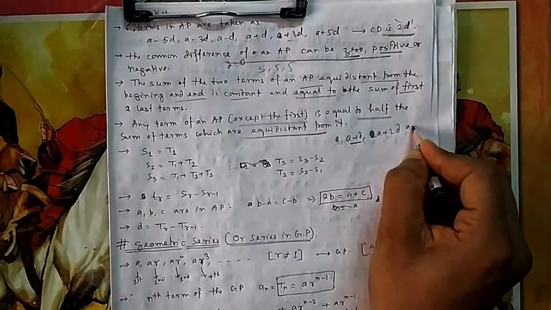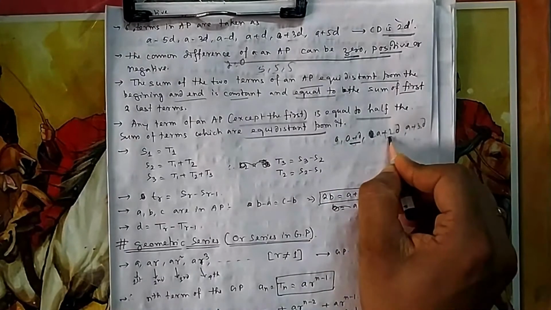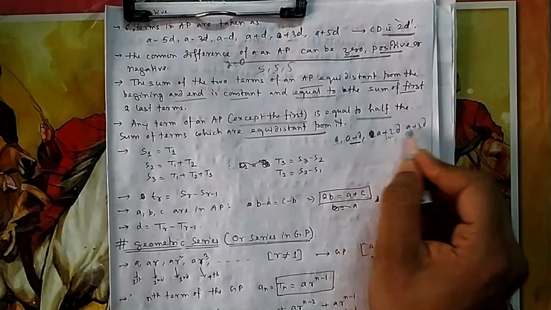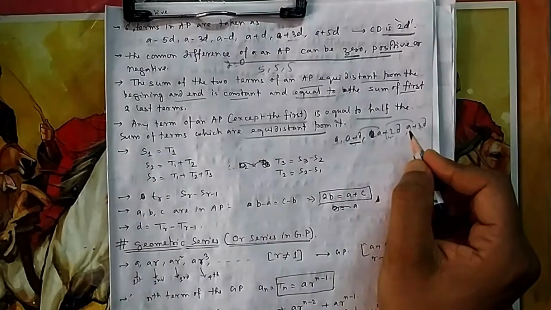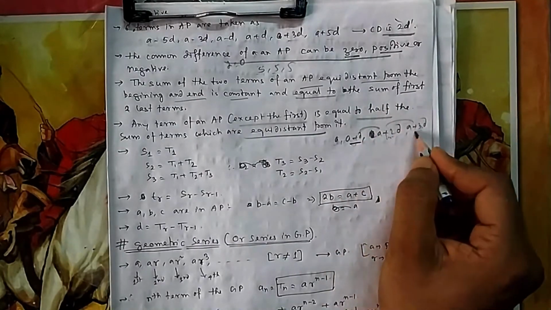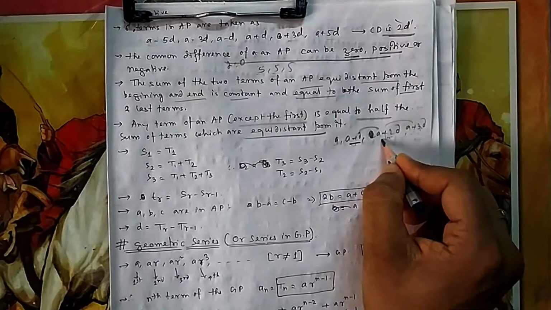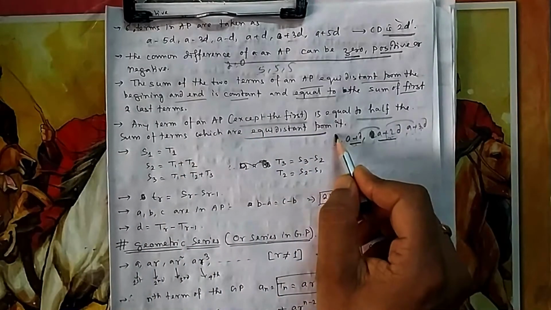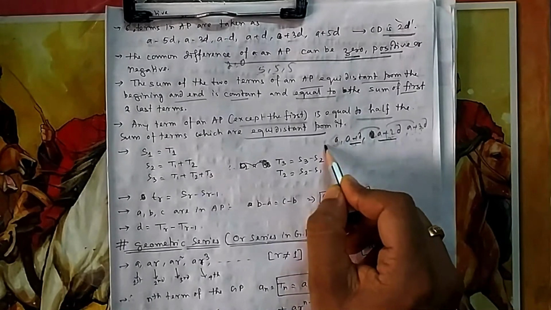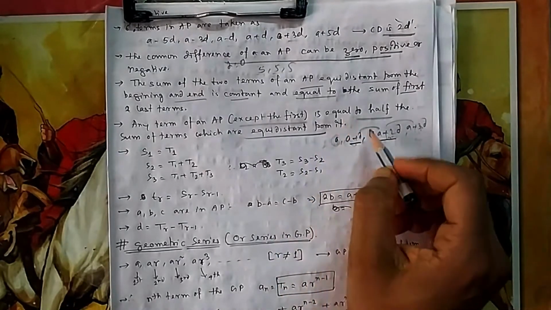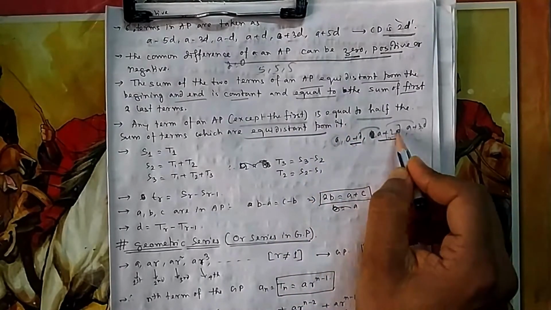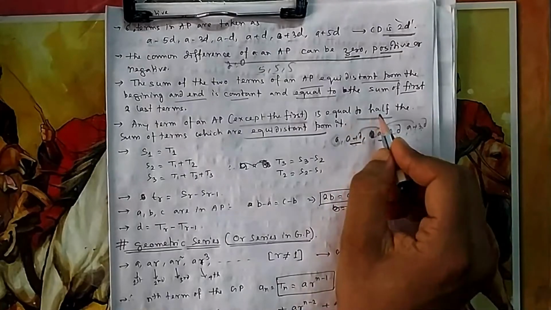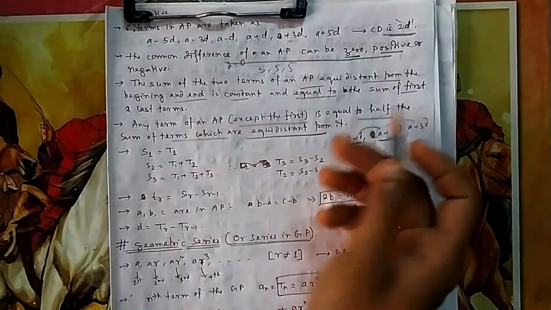Similarly, if you go for the next one also, this plus this divided by 2 will give you this, because this is just in between these two, because the difference is the same. Here, whatever difference, you add these two, 2A plus 4D divided by 2 will give you this one. So that's what is written here. Every term, except the first term, because for the first term you don't have anything on the left-hand side. If you add the left-hand and right-hand terms and divide by 2, you will get the number. It is equal to half of the sum of the numbers which are equidistant from it.